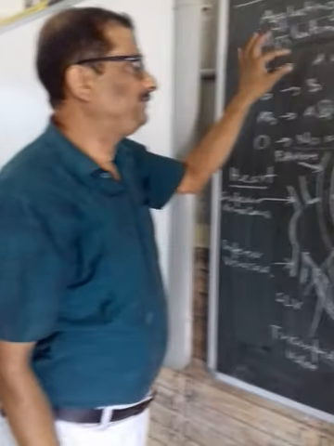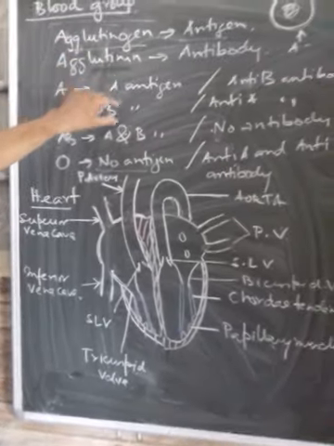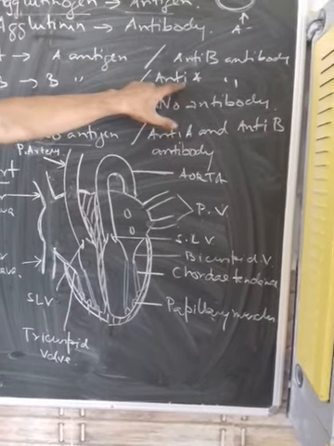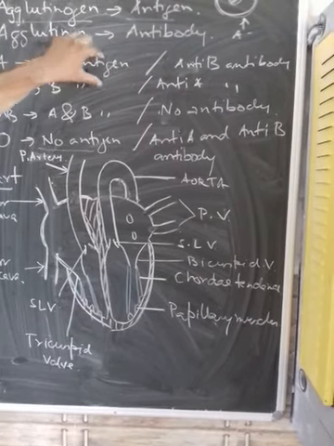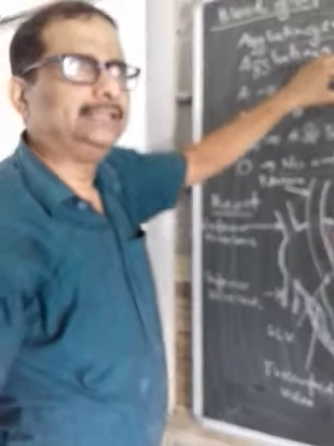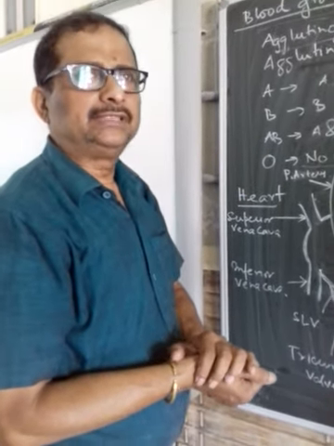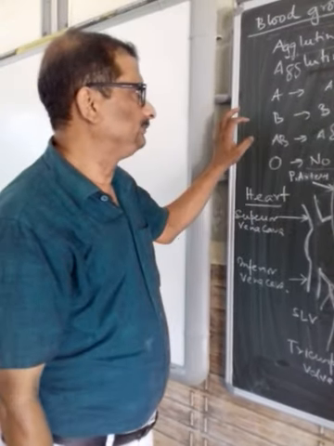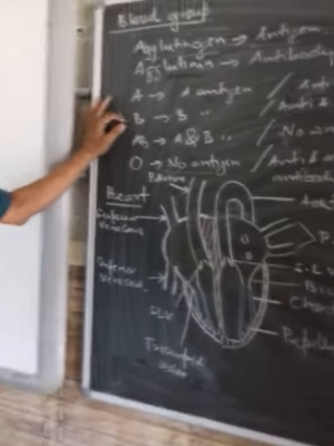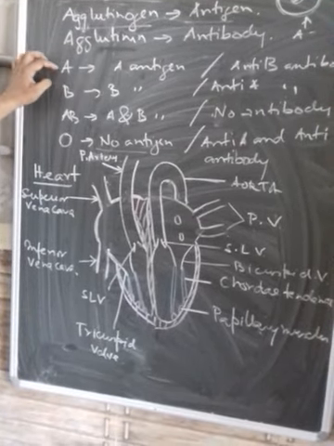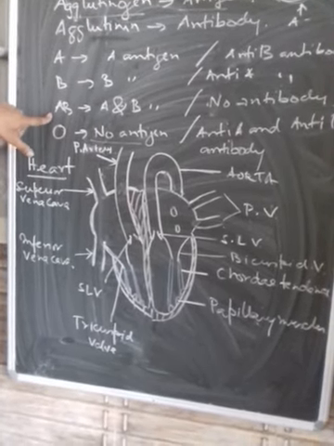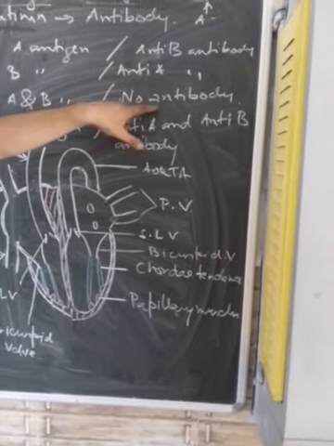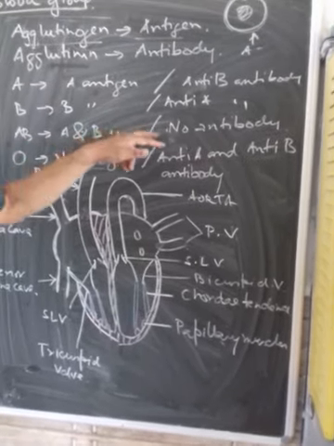So suppose if A group gives blood to the B group, then the anti-A antibody in the plasma of the B blood group will clump the cells of the A antigen, and then the blood flow will be stopped and the person can die because of the clumping of the cells in the blood vessels. Similarly, B cannot give to A, and A cannot give to B. A and B can both give to AB, and O also can give, because in the plasma of the AB group there is no antibody. So any of these three can give to AB.